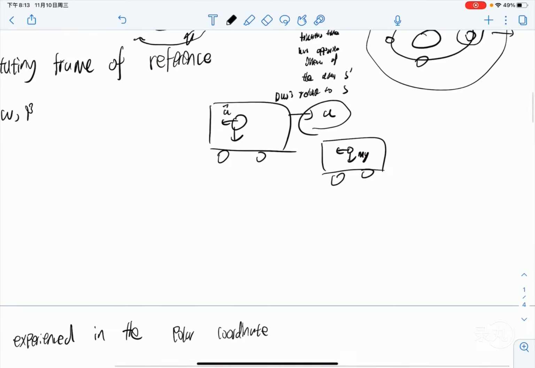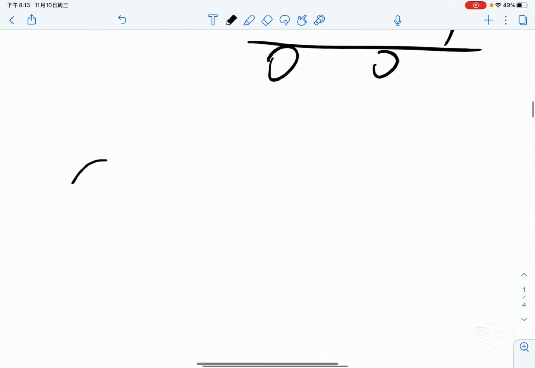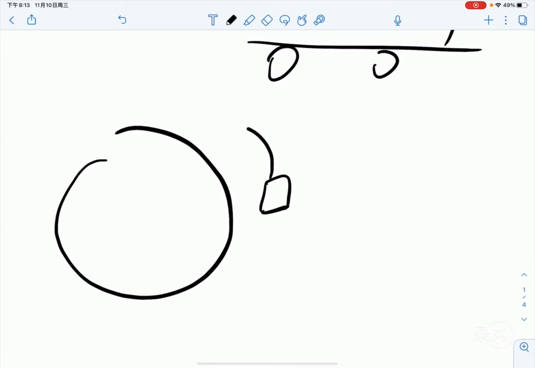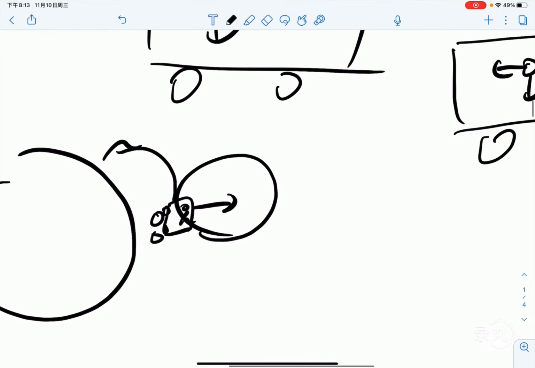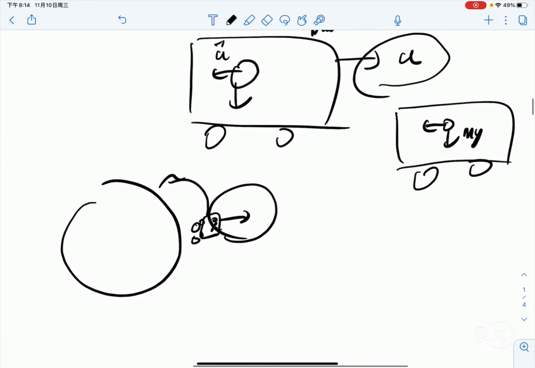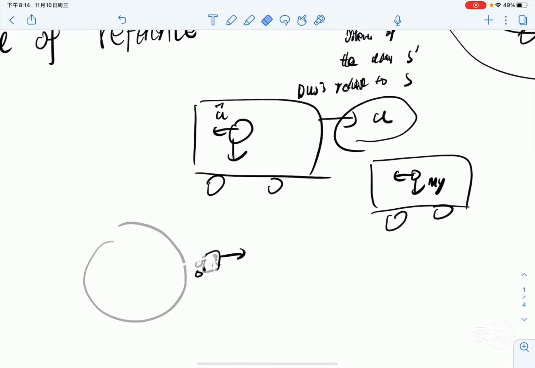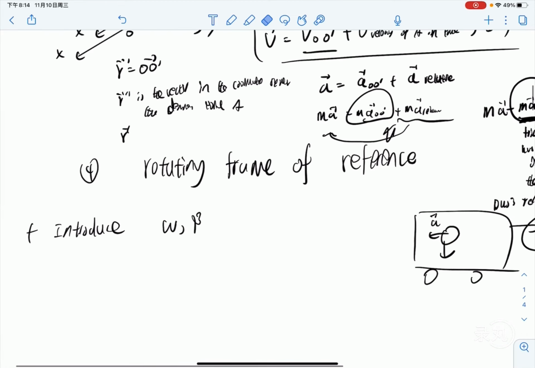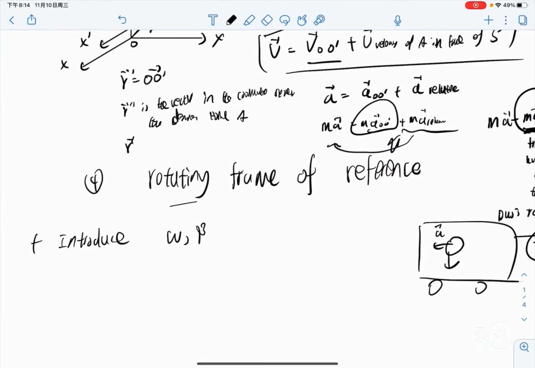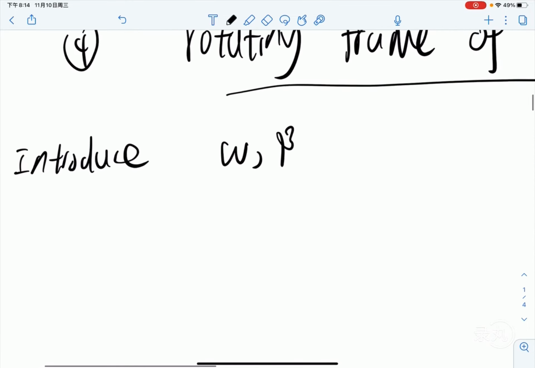So another example is that when you're driving, you're turning to that side, you'll feel you're being thrown to that side. So basically here is an example of the fictitious force you experience. It is not a real force, but it is a force that you can invent to describe phenomena in the accelerating frame of reference. So now we're going to the rotating frame of reference,